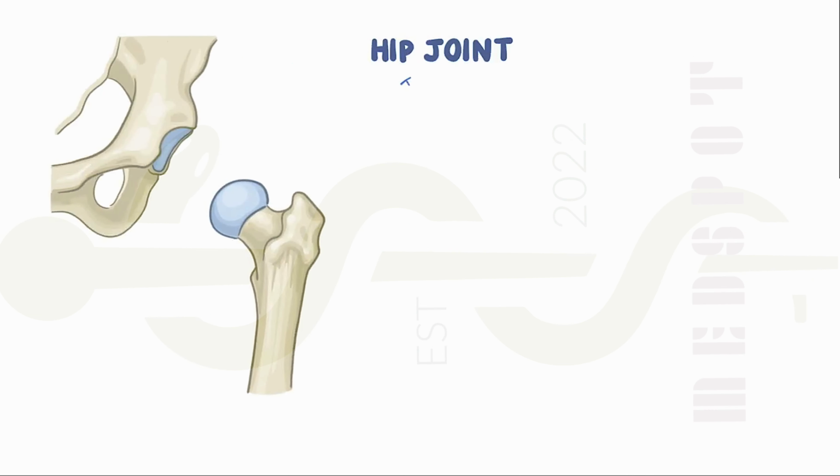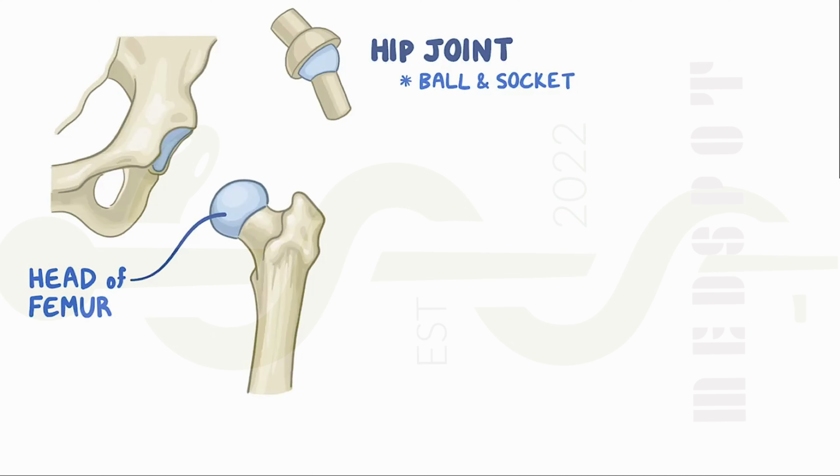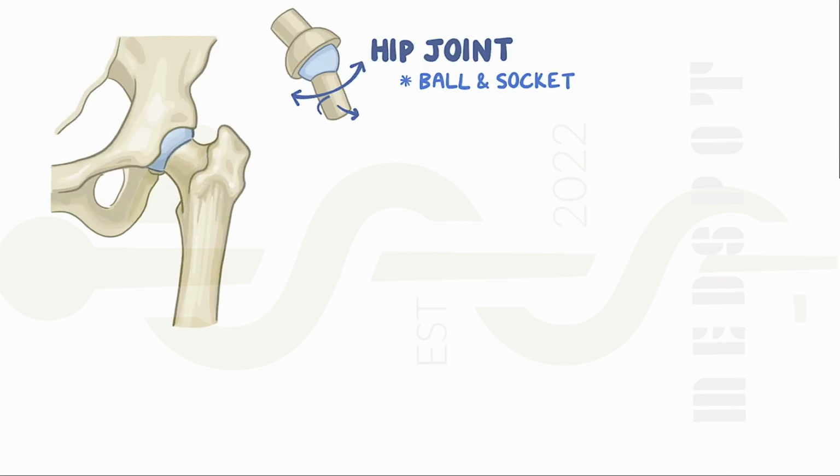The hip joint is a ball and socket type because the ball-shaped head of the femur sits and rotates inside the cup-shaped socket called the acetabulum. This gives the hip joint the ability to move nearly in all directions, as long as the ball can smoothly